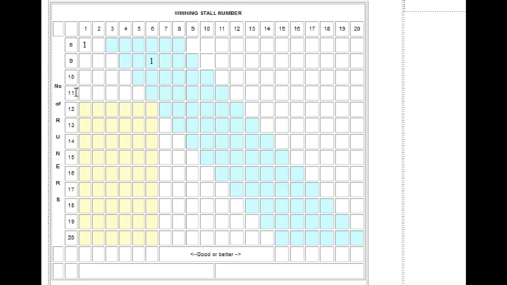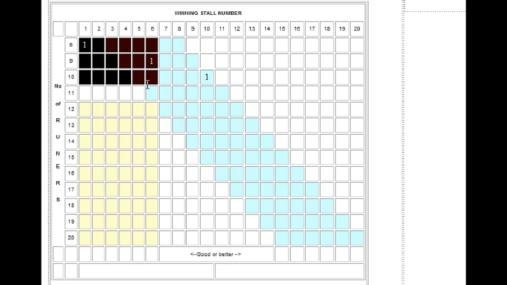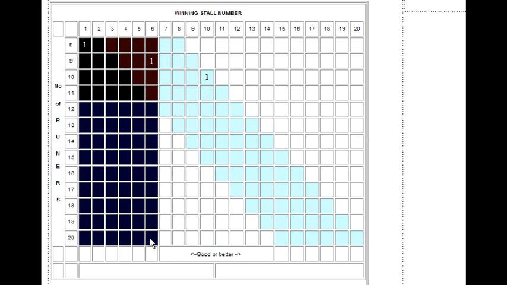And if it finished from stall 10, one from stall 10 with 10 runners, it would appear there in the end bit of that blue bit. Now you can see from that, anything that wins from stall number 1 goes down there, anything from stall number 2 goes down there, and so on. So the wins from low number stalls appear down there on the chart, and they're coloured in yellow on the